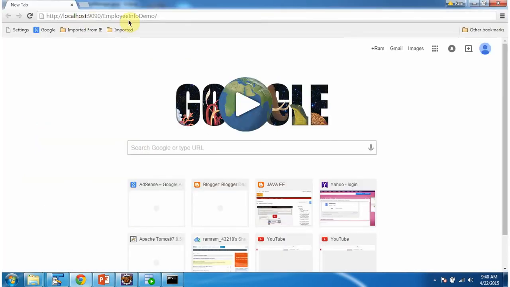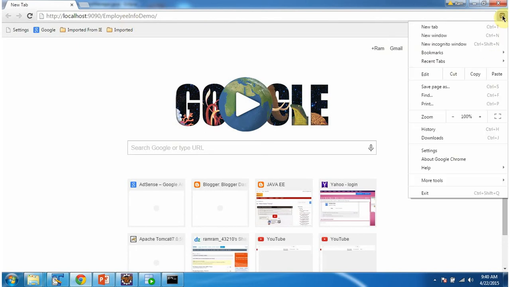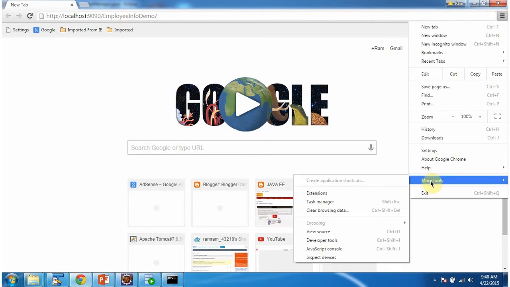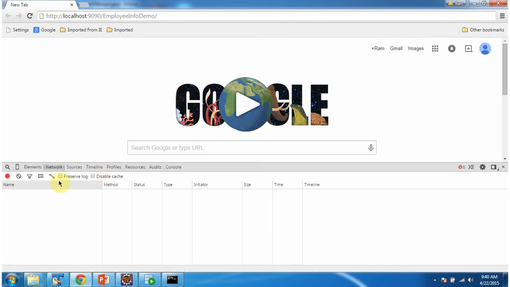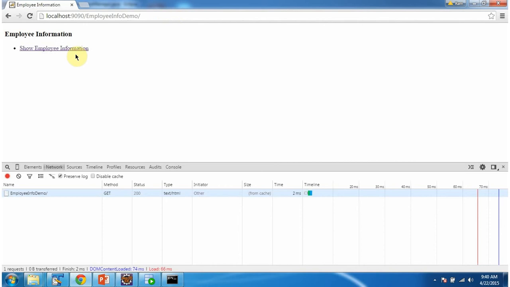This is the URL to access the web application. Before accessing the web application, I will open developer tools. I am clicking enter, and it will show the welcome page.